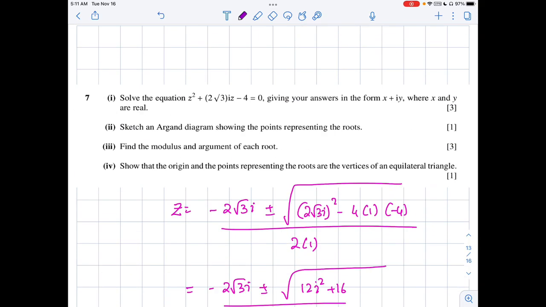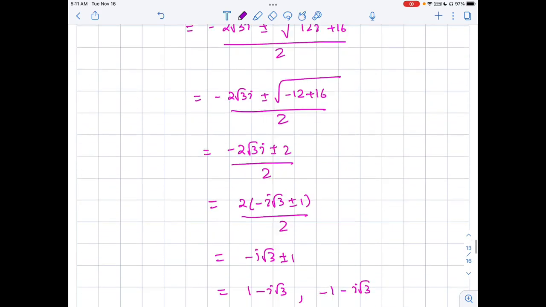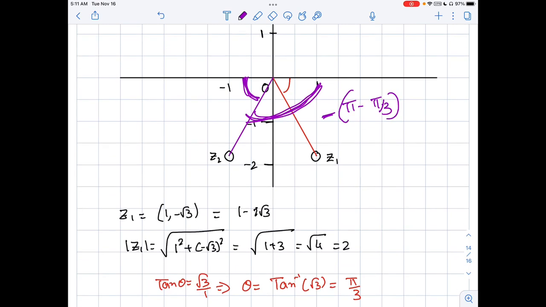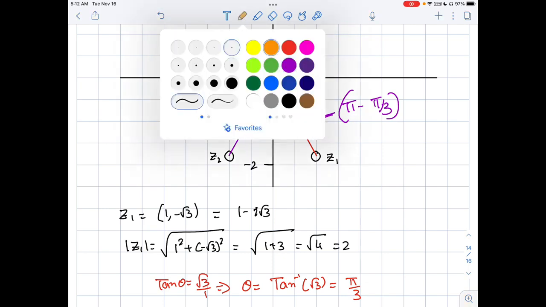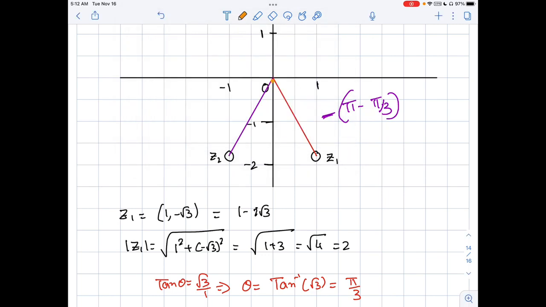Now show that the origin and the points representing the roots form an equilateral triangle. He is asking us to prove that they form an equilateral triangle. So how is it that it forms an equilateral triangle? I draw that one neatly once again. This is one line, this is another line, and this is a line. So we can see that